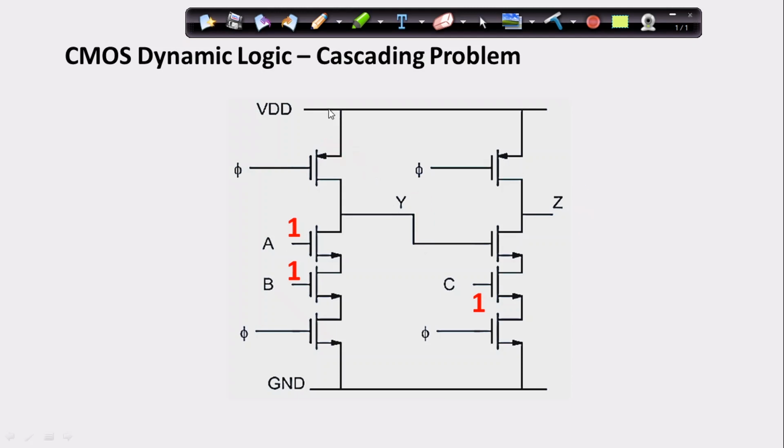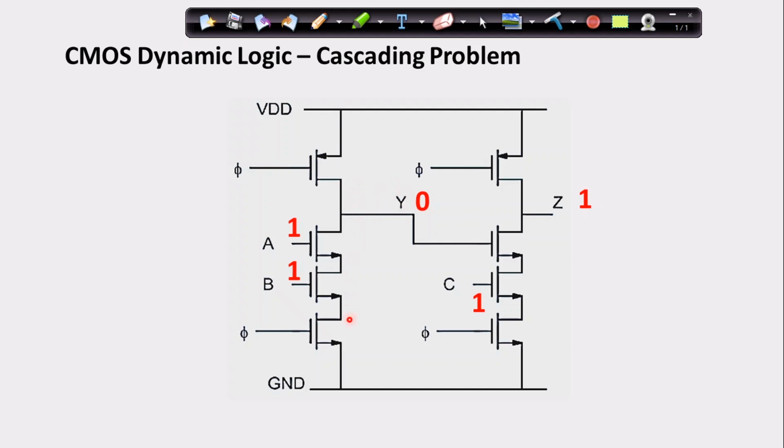Now here I'm having a 2 input NAND gate, and then here also I'm having a 2 input NAND gate. The output of this particular NAND gate has been connected to this particular NAND gate over here. Now if you look at this, with inputs 1 1, I was supposed to get 0 here, and then I was supposed to get the output to be 1. Now again, in the pre-charge phase, this thing will be connected to VDD, so that I'll be having logic 1 here.